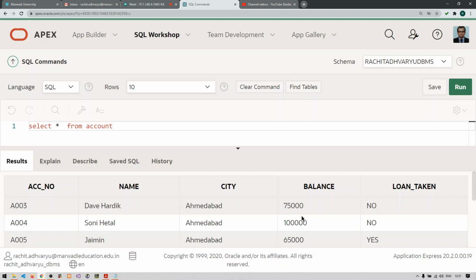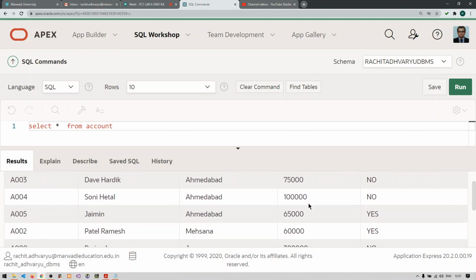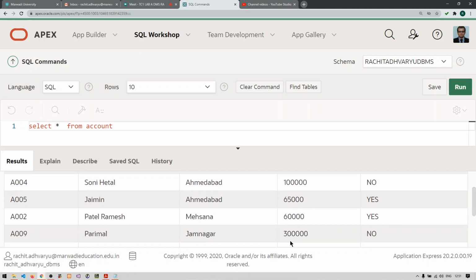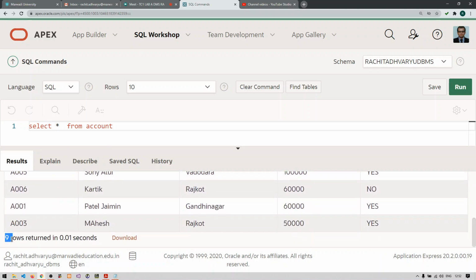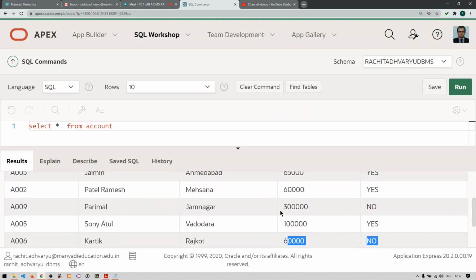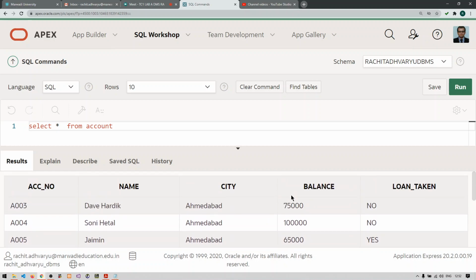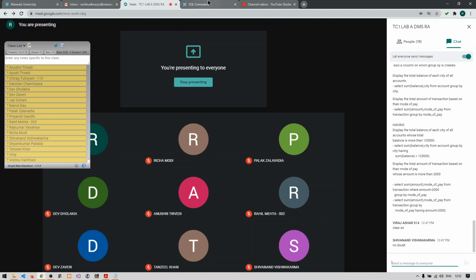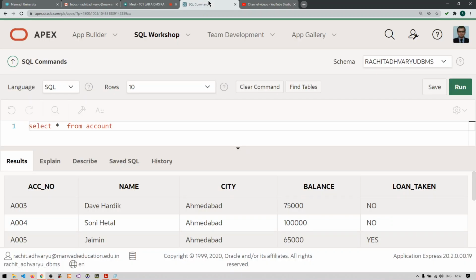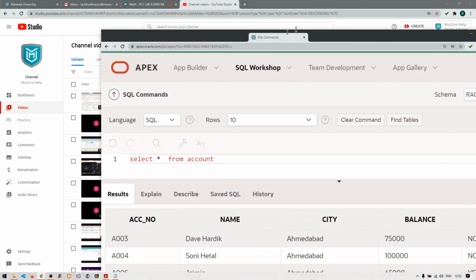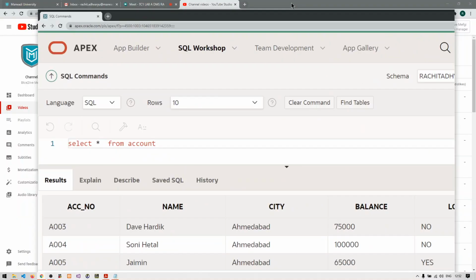So first, what we need to do is make the total of all the balances of all the 9 rows. Yes or no?